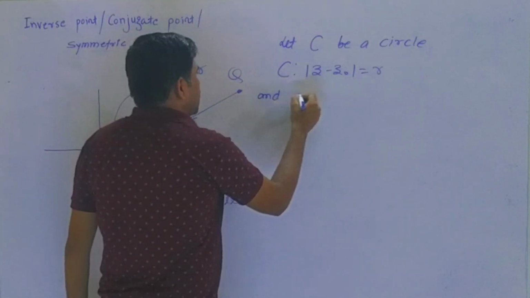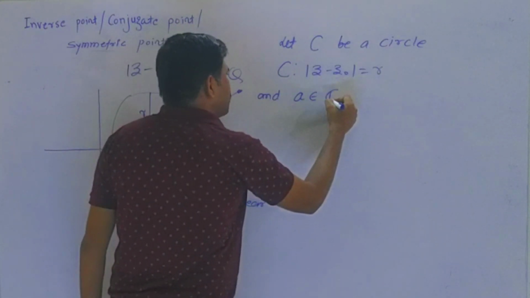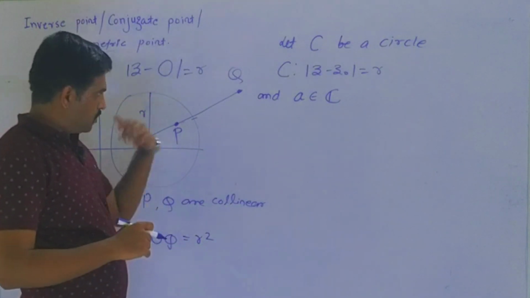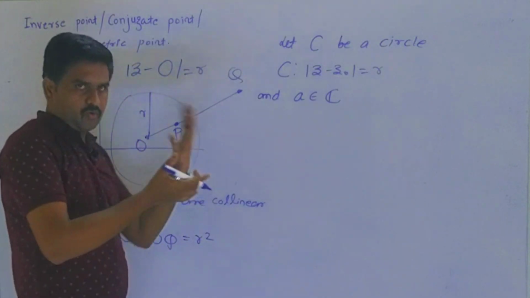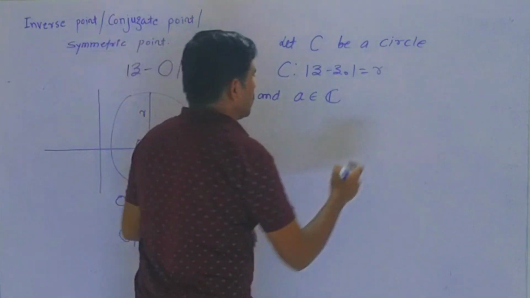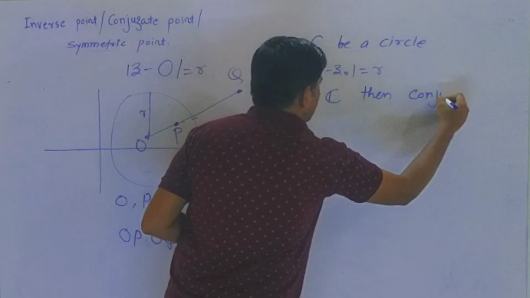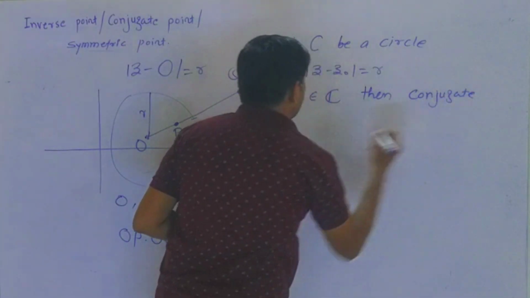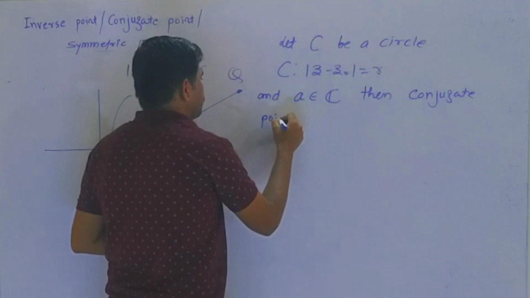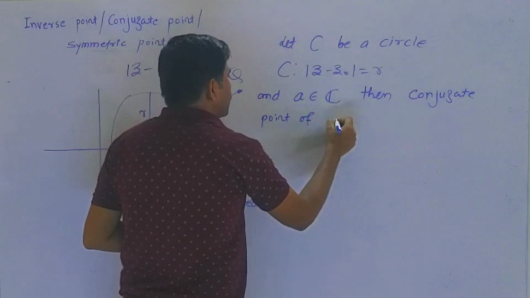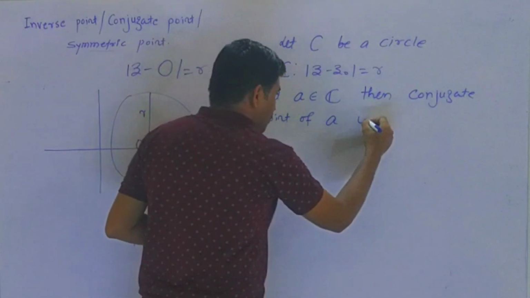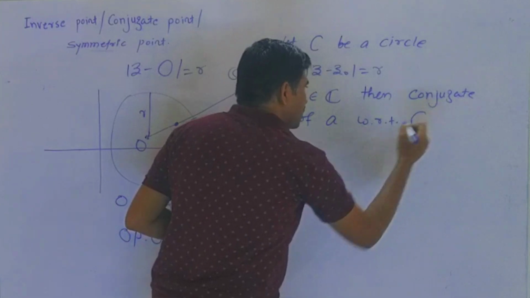And let A be any complex number for which we have to find the conjugate. Then the conjugate, or symmetric, or inverse point of A with respect to circle C